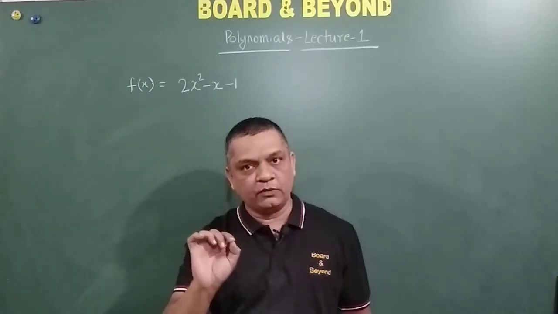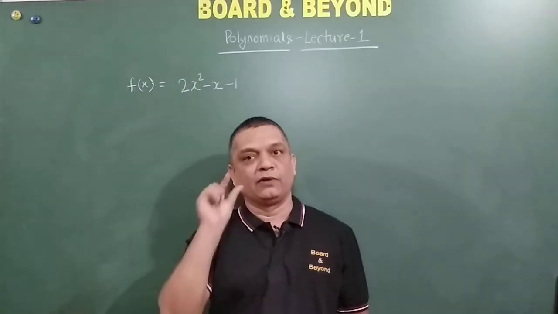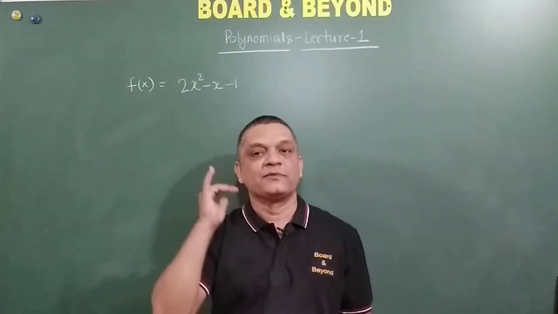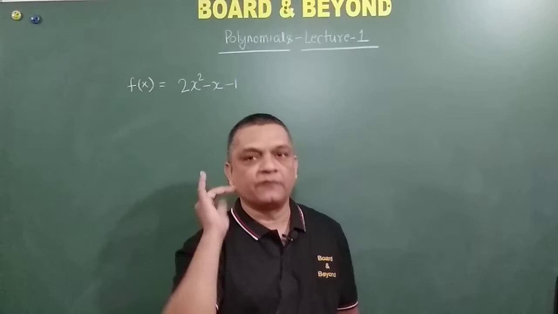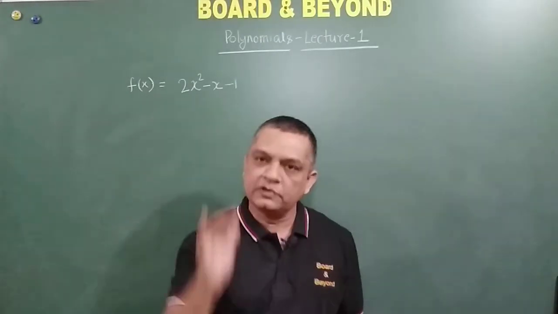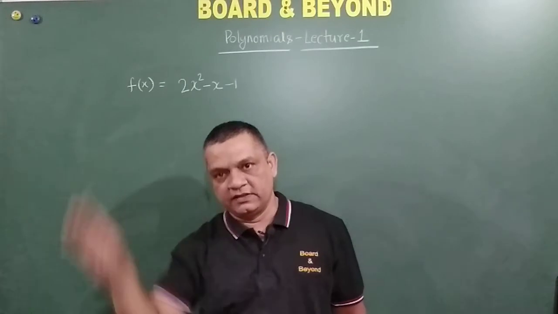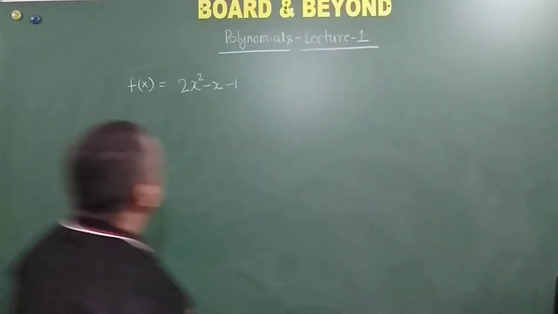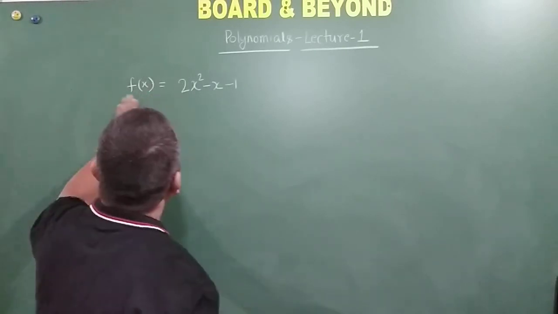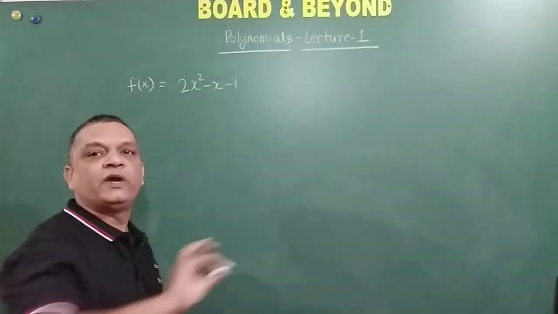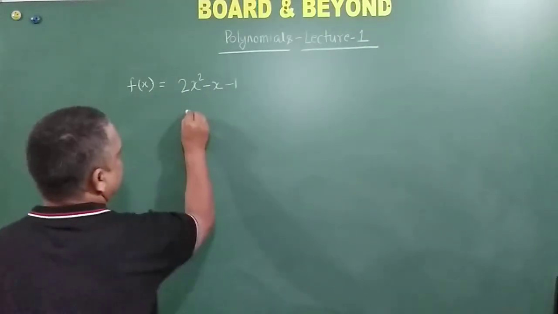Since I have said zero of a polynomial, let me first give you the brief concept of what is the zero of a polynomial. For any particular point x, if the entire polynomial becomes 0, the value of the polynomial becomes 0, then that x is called the zero of the polynomial. So for any particular number, if the value of a polynomial becomes 0, it is called the zero of the polynomial or the roots of the polynomial or the poles of the polynomial. All these 3 terms are one and the same. Okay. So the simple thing is that whenever we are expected to find the root of a polynomial, we equate it to 0, my friends. First.